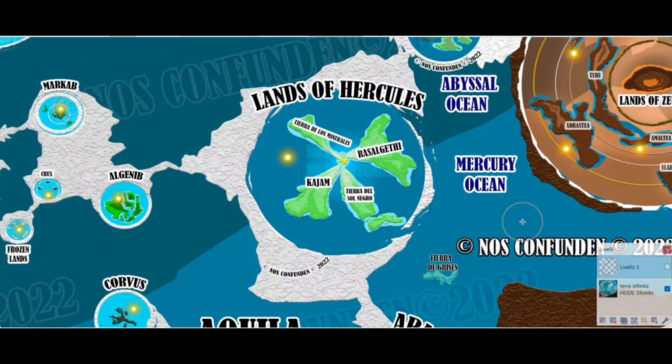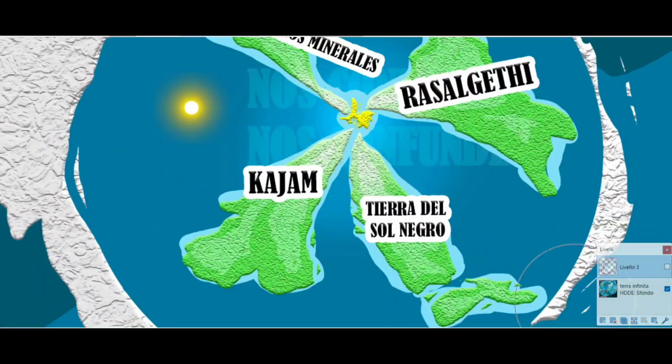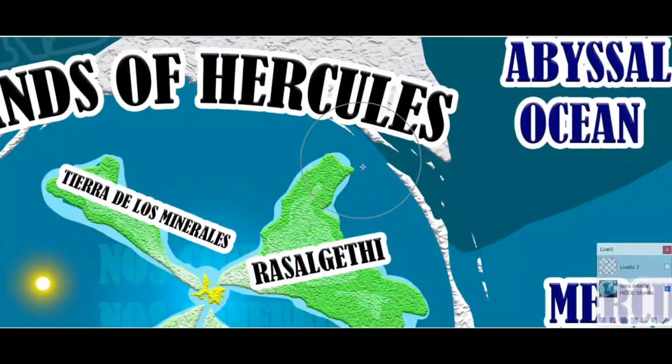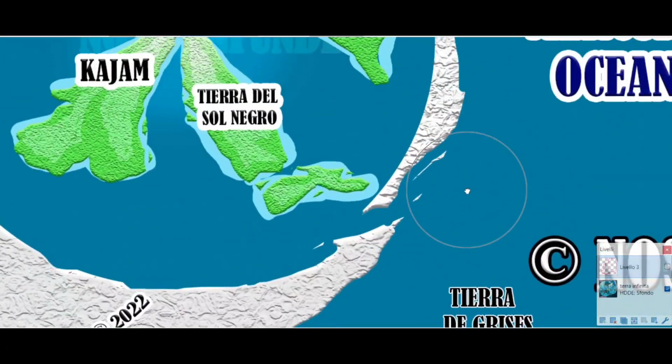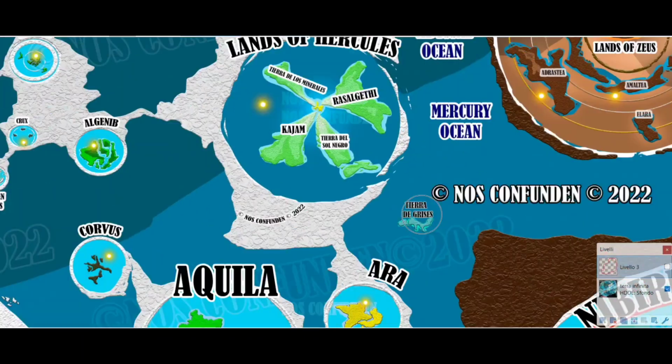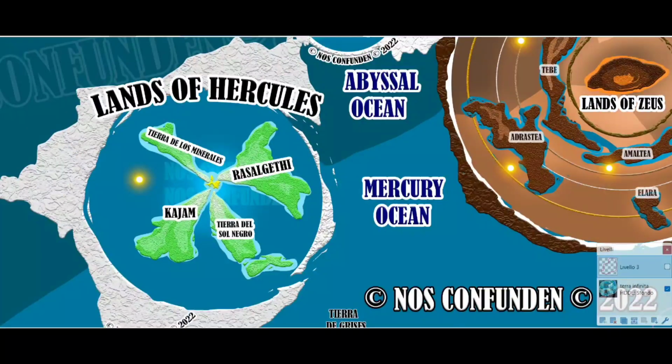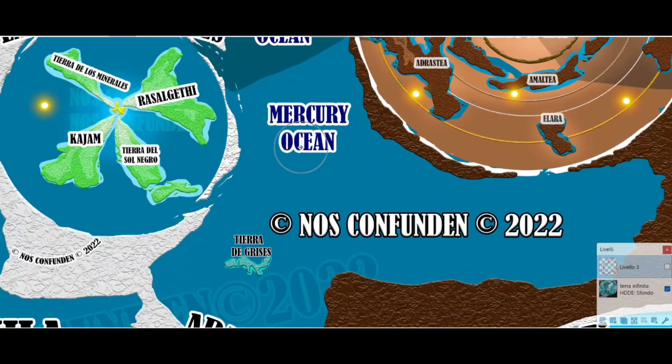First of all, let's see what the lands of Hercules actually look like. There's a thick layer of ice, or at least what appears to be ice, impassable of course, that just connects every part of it, until in the east there are some outflows, some rivers you could say, although obviously this is not water as we intended. And there are parts of them that are not connected. So although the ice walls in the west are basically impassable, in the east there are areas you can pass through, which means that to arrive at the lands of Hercules, you would have to go through the Mercury Ocean.